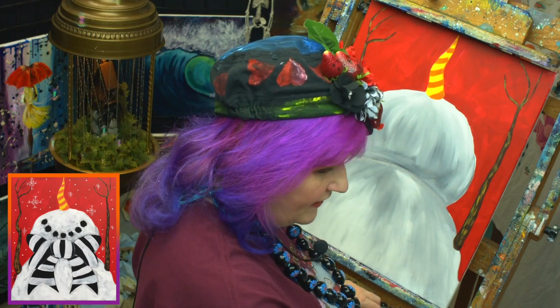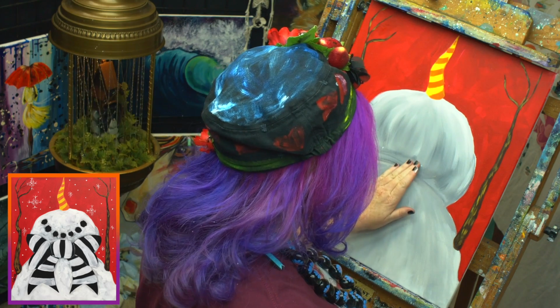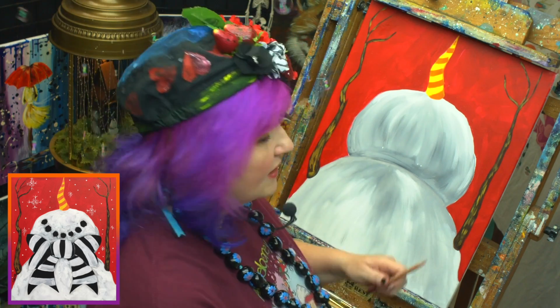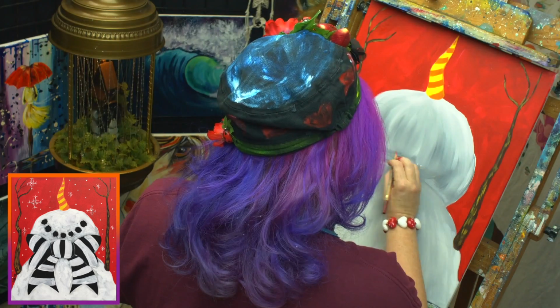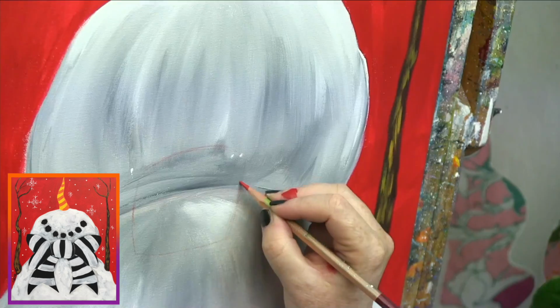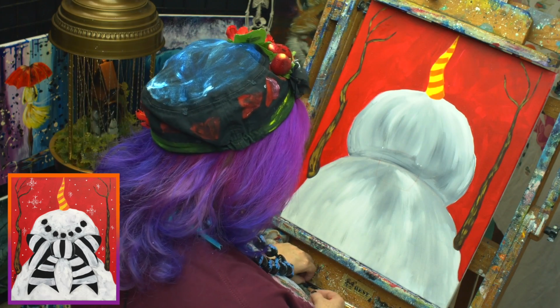All right, got that out there, and I'm looking to see what else I need. The next part is going to be painting in his snow effect and his bow. Now again, if you're not comfortable freehanding his bow in paint, well, you would just draw that in with your watercolor pencil. See what I'm doing here? I'm going to make my little square to start my bow, but you can't really see that if I do that way. So let me sketch this in